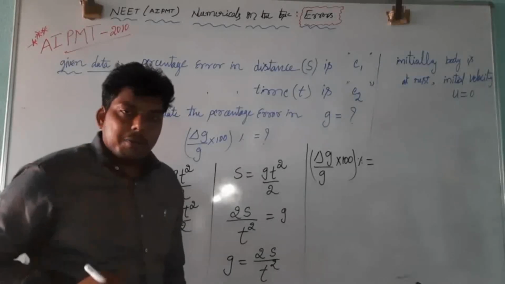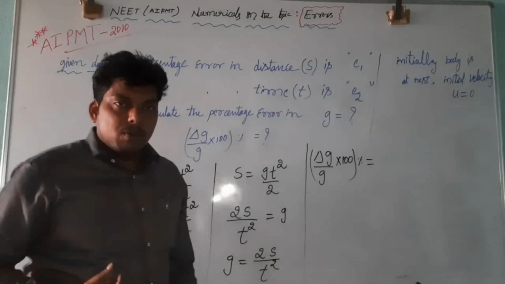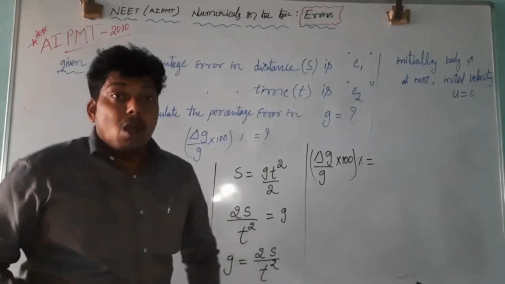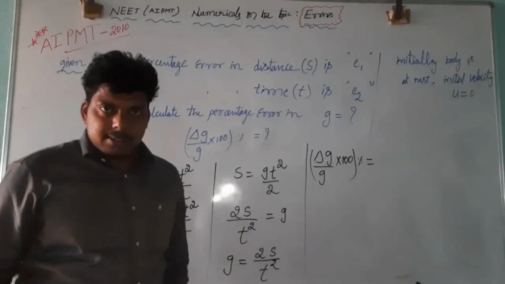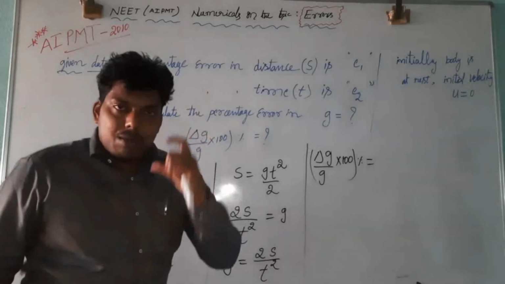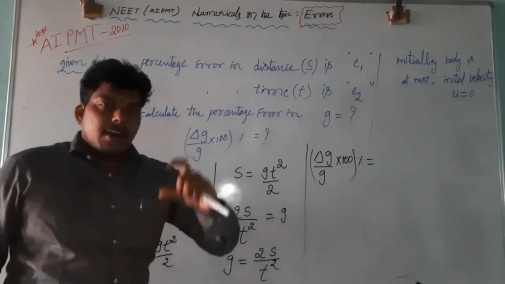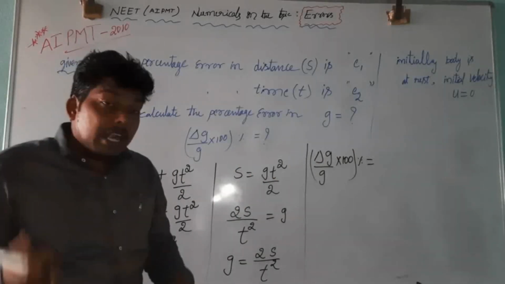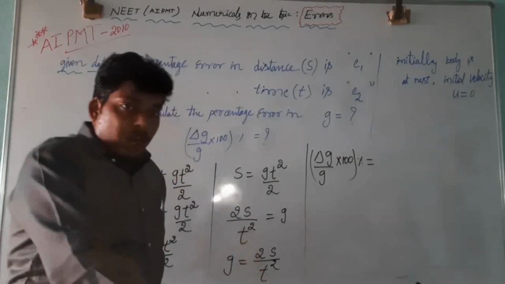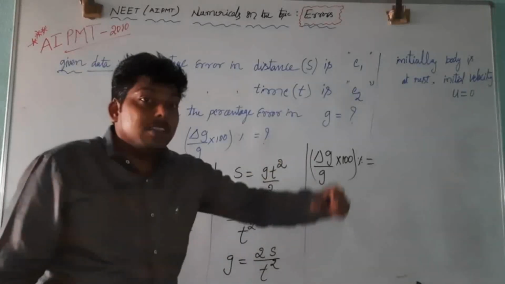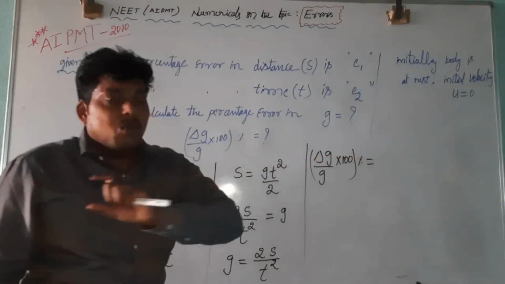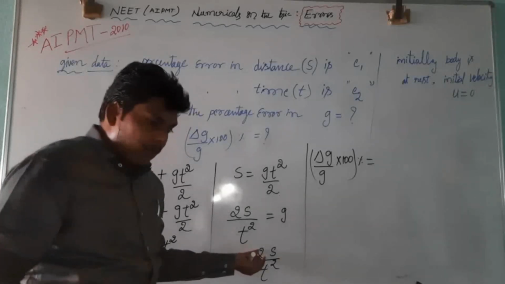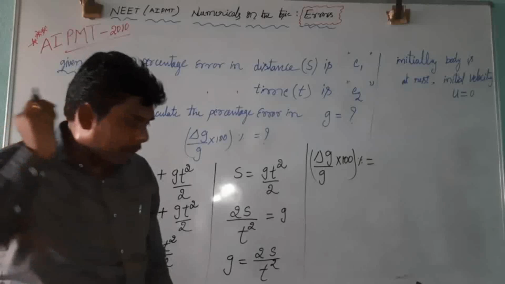You should remember one more point. Whenever they have given a proportionality constant in any equation, we should not consider it when finding the errors. While finding the error due to combination of physical quantities, take the powers. But whatever values are multiplied with the physical quantity, we should not consider them. Whatever the proportionality constant or values may be, we should neglect them. You should remember this point.